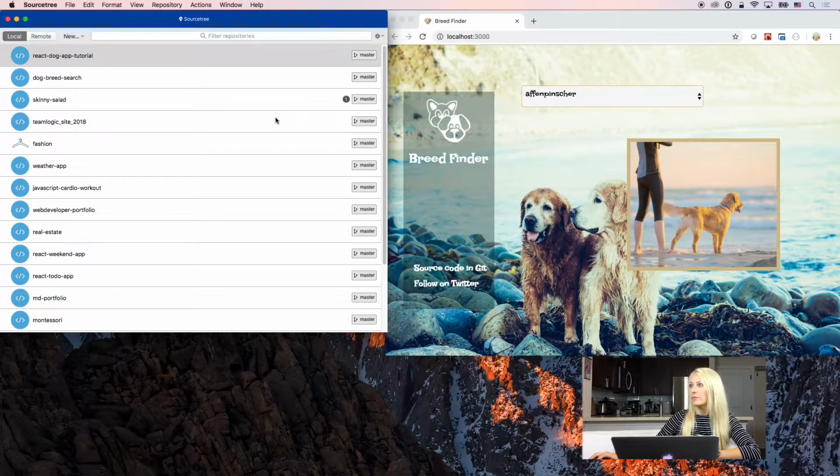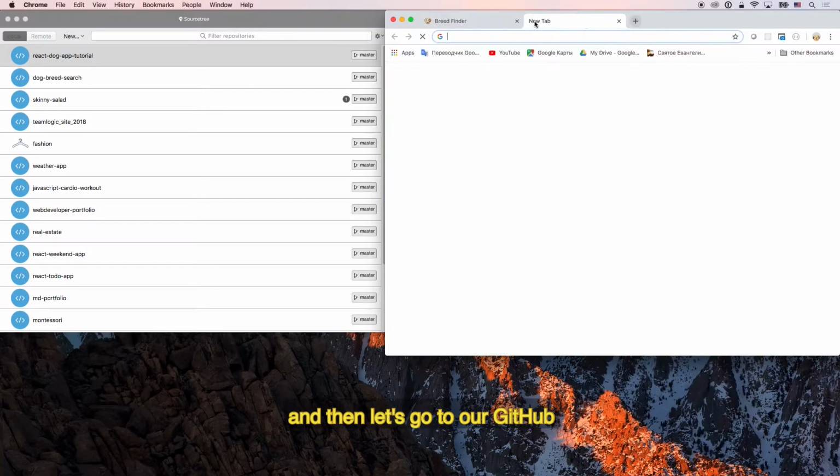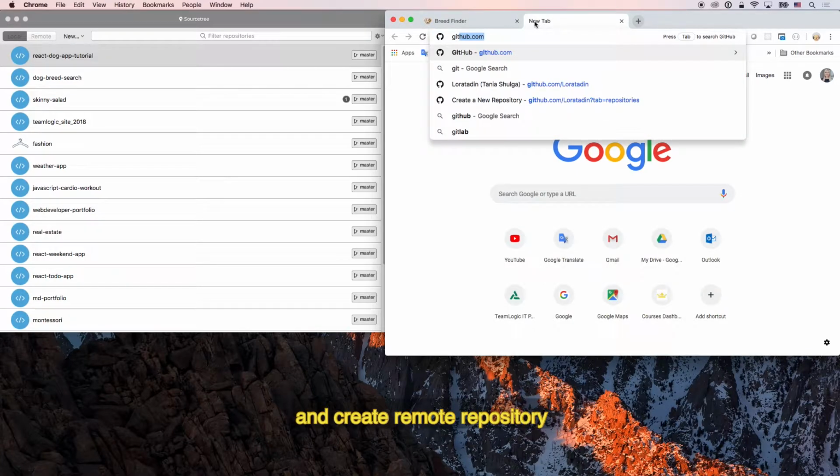Create, and then let's go to our GitHub and create the remote repository.